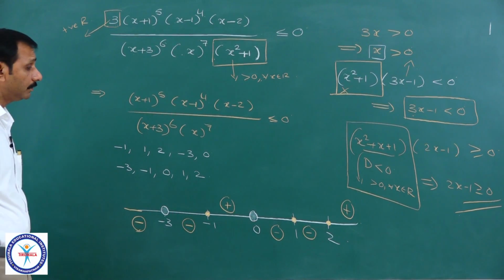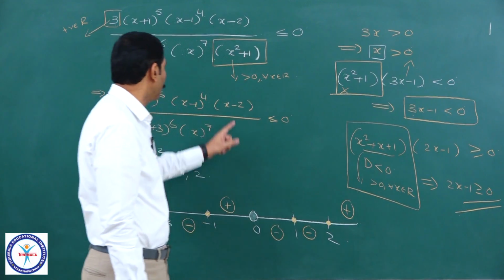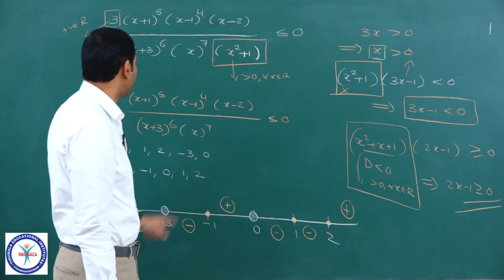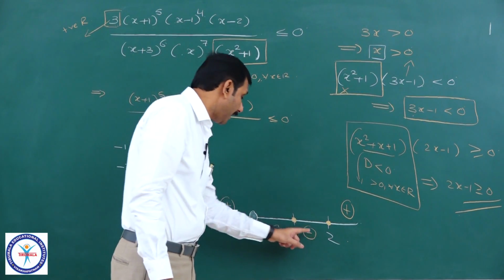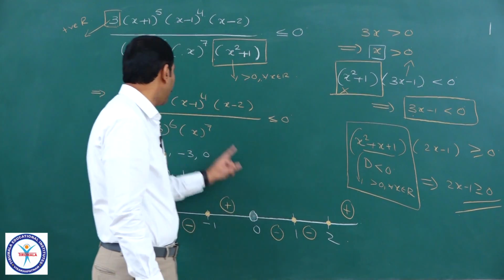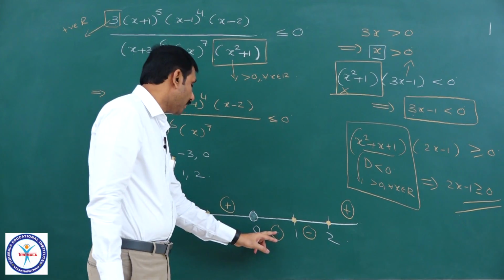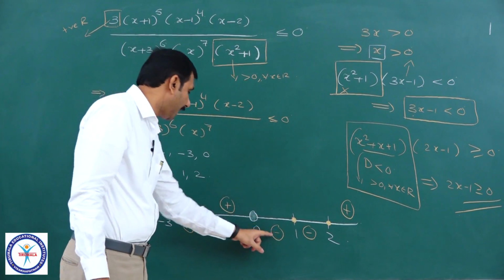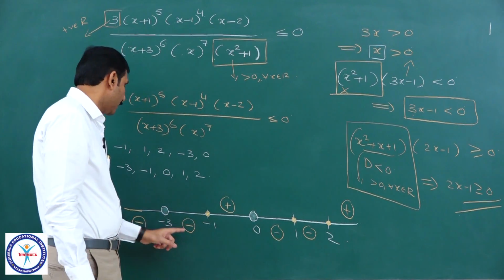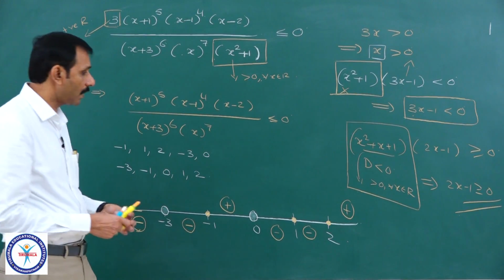Now draw the wavy curve. Observe these signs. Extreme right positive. 2 you see (x − 2) power 1 only, plus means minus. 1 if you take (x − 1)^4 even, minus minus, same sign only both sides, because it is a double point. Double point means power of (x − 1) is even. And next 0 if you take power 7, minus to plus. −1 if you take power odd, plus to minus. −3 if you take power even, minus to minus, that's all. Now draw the wavy curve.